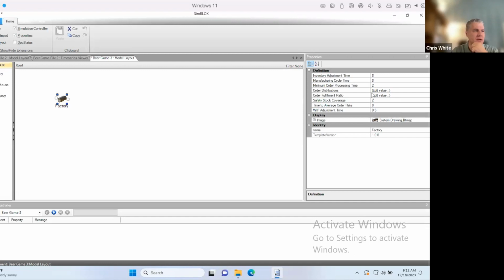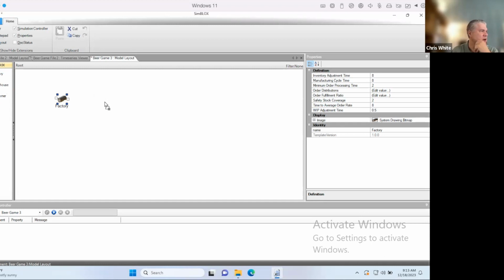These are some of the inputs that are allowed in that model. In the tutorial, we would describe that model, so we don't need to get into a lot of details. Just know it's a very basic model of producing things and then maintaining some finished goods inventory, some ordering, all that kind of stuff is happening. But there's manufacturing cycle time. What's my inventory adjustment time? What's my safety stock coverage? You have some variables like that.